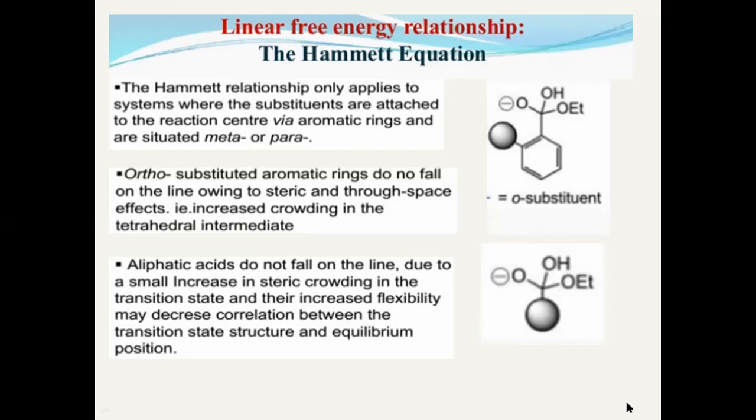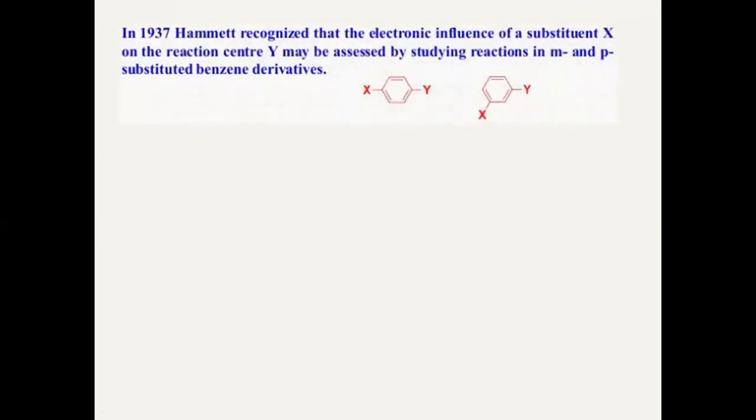So what are they studied? What is under the study of Hammett? Only two: meta and para aromatic rings. That's all. See, Hammett in the 1930s studied the electronic effect of different substituents on the reaction center. Why? See these two examples. The reaction center considered, COOH, COOD, anything is possible.